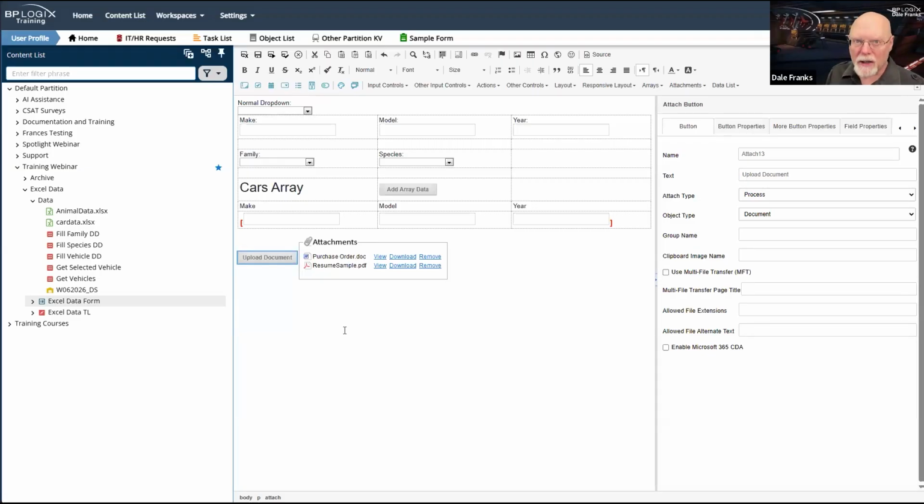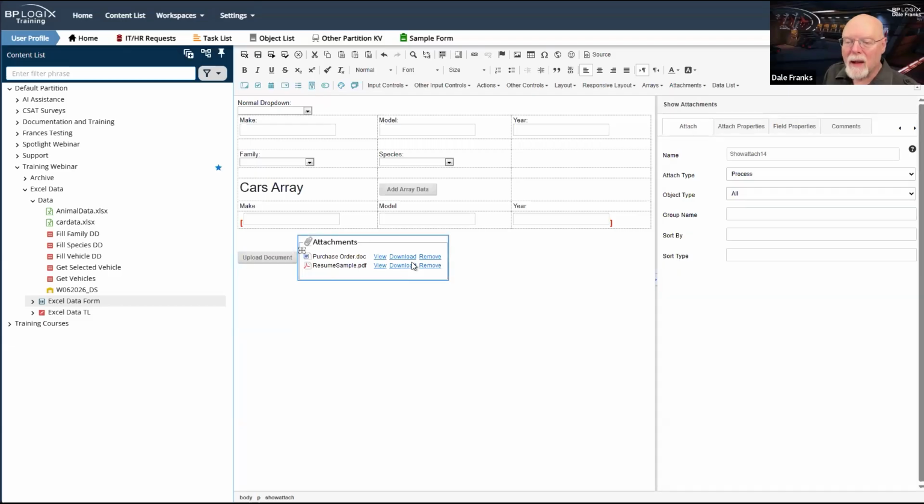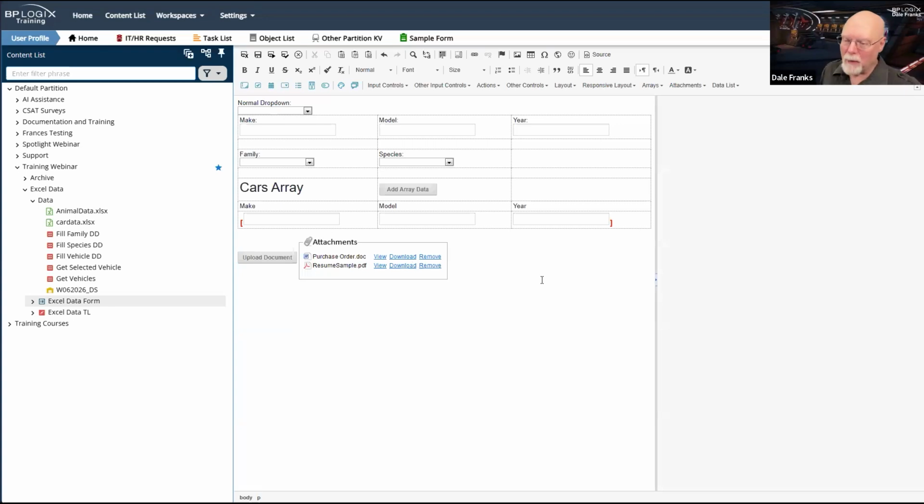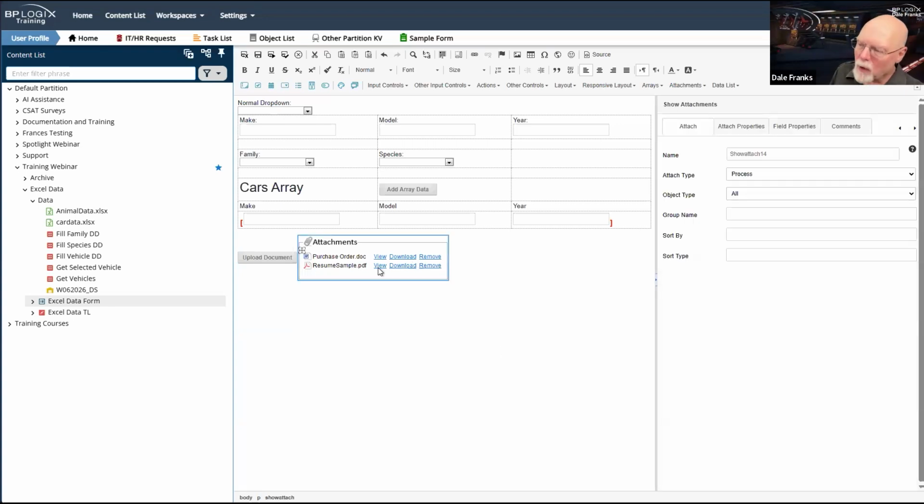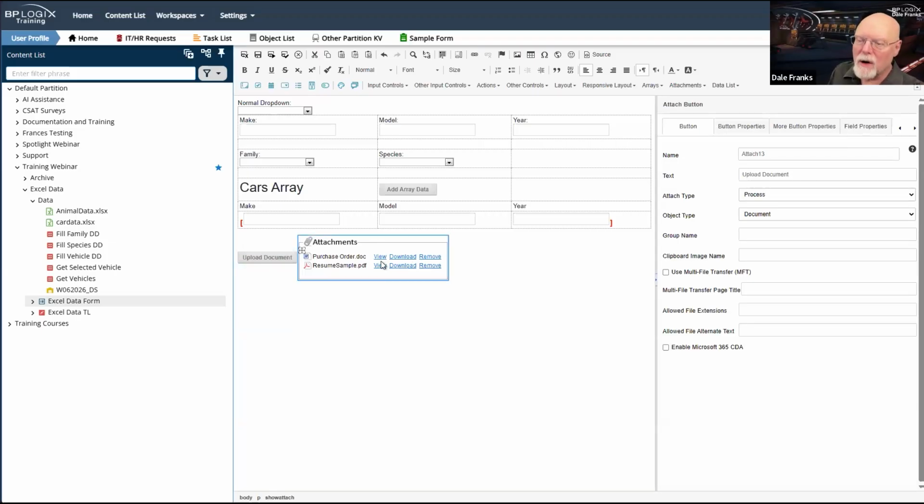By default, attachment controls attach attachments to the process. And that's great. Love it. But that's why I created the timeline. Sorry, lost train of thought there. So we're just going to leave the normal plain vanilla configuration for our attachments.